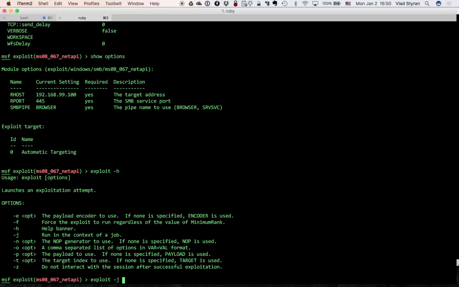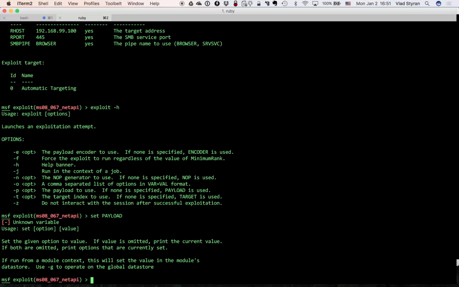creates a job for that, and it's waiting for incoming connections and will exploit everything that comes, or it will interactively exploit the vulnerability in the remote host and give us a shell basically. But for that, of course, we will have to define the payload, right? So there is this payload option we have to enable in order to run something on the remote host, on the target host, once the exploitation has been successful, right? So